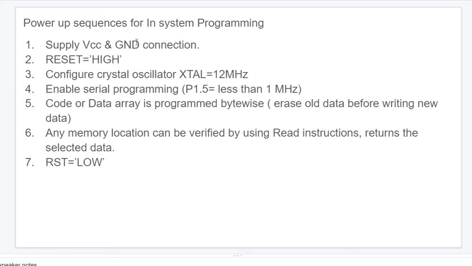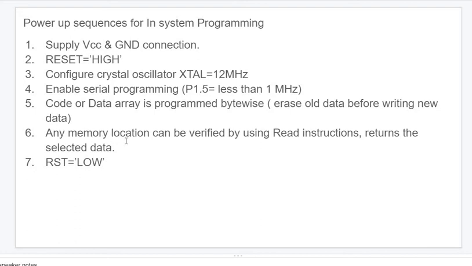These steps you are again going to do in your part B programs. So we are going to set the crystal oscillator as 12 megahertz. Then enable serial programming. Serial programming means one after another byte of information transmission from source to destination. If the data is present in the data area of a memory, and the code is present in the code area, we have to transfer it byte-wise, as I told in the 4th step. So we transfer data serially in terms of bytes.